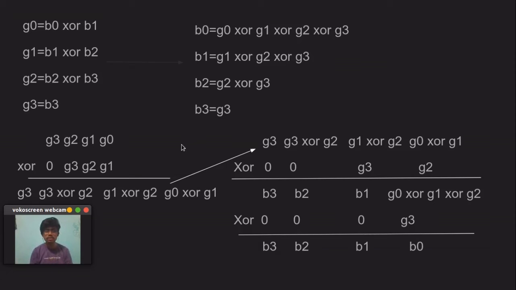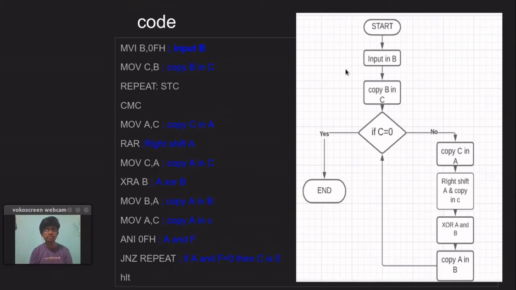So we have seen that to get the binary number from the gray code we have to shift the number by 1 bit to the right and take the XOR of both the numbers, and again shift the number and take the XOR with the resultant number, and keep doing this until the number we are shifting to the right in each step is reduced to 0. So let's look at the flowchart.